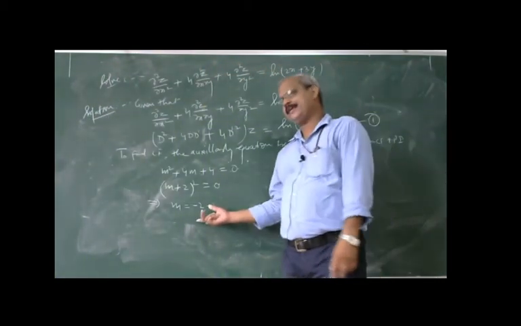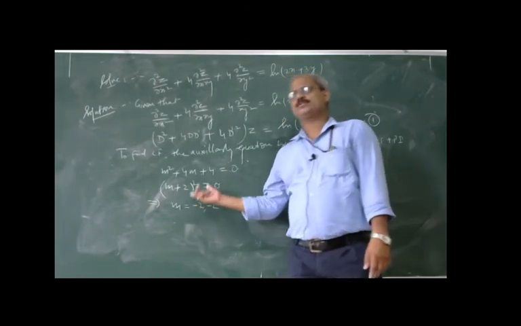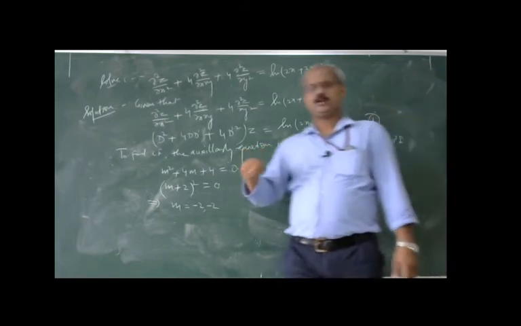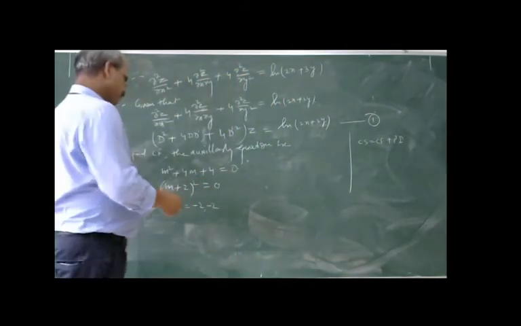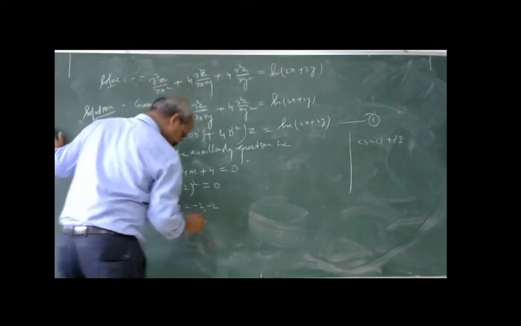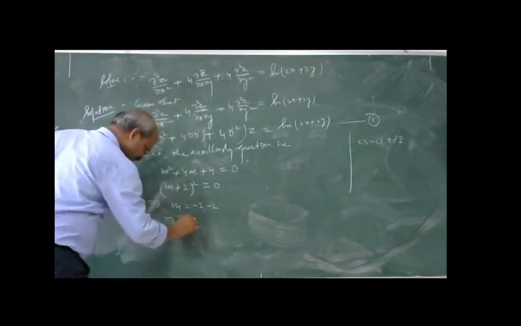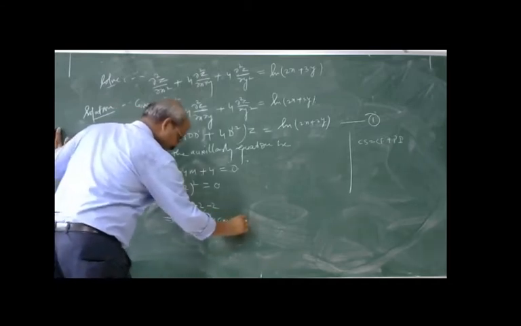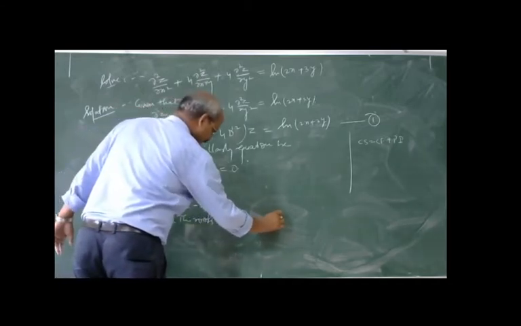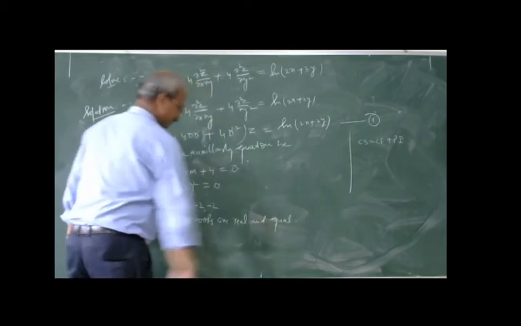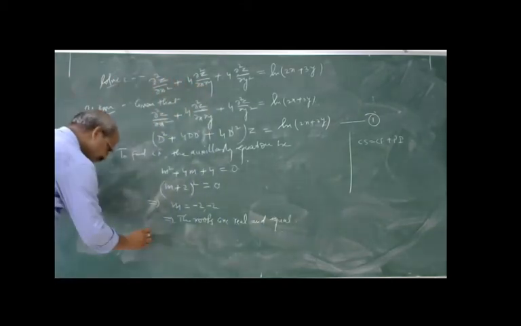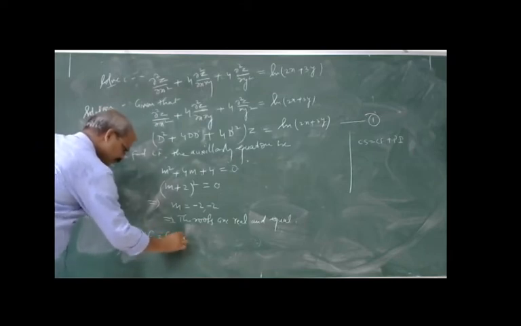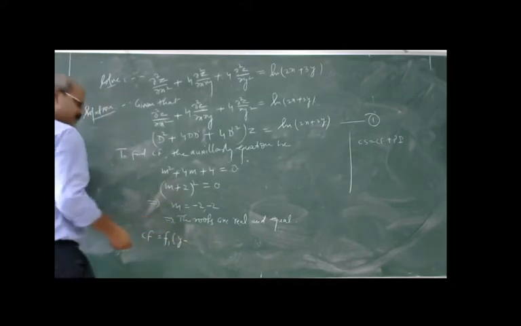This is the second case, whenever the roots of the auxiliary equation are real and equal. So the CF will be